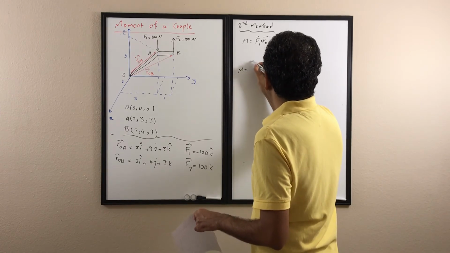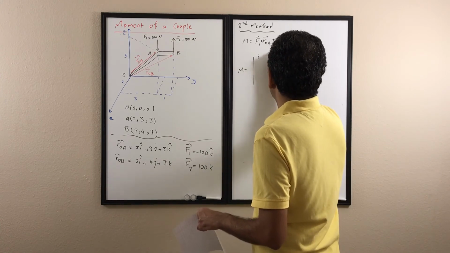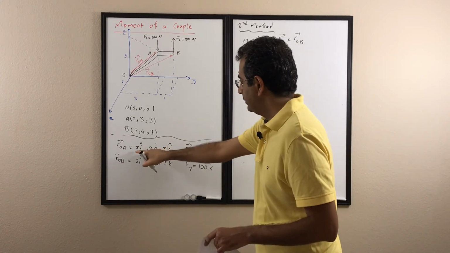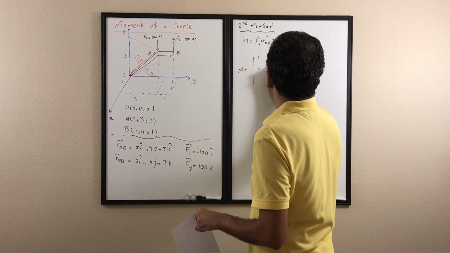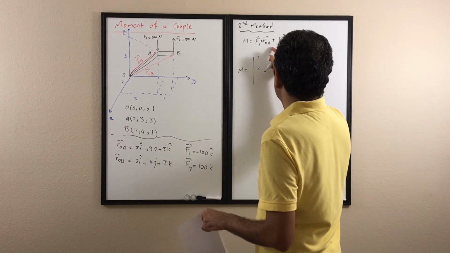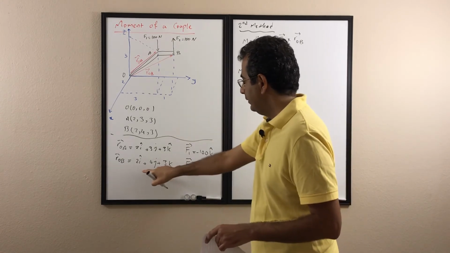The first determinant for this one is going to be i, j, k, and then 2, 3, 3. So it's Rx, Ry, Rz, and then the value of the